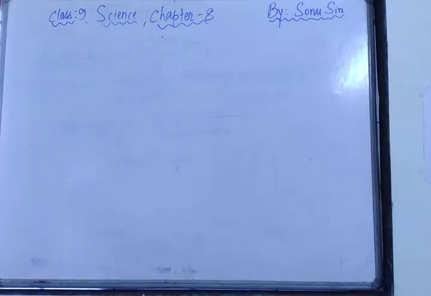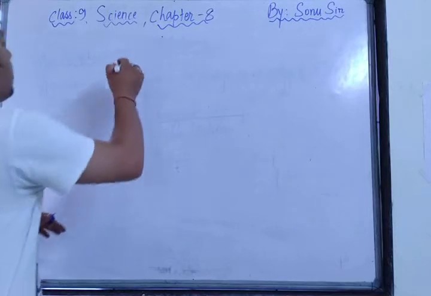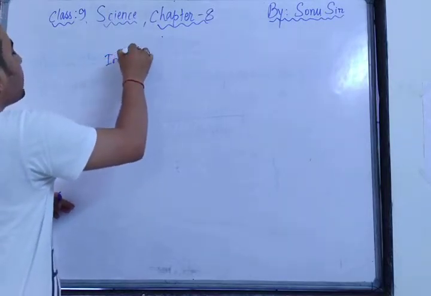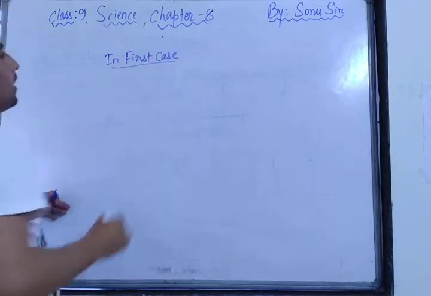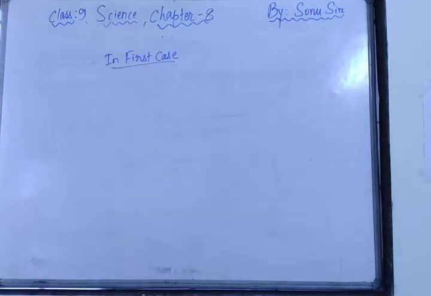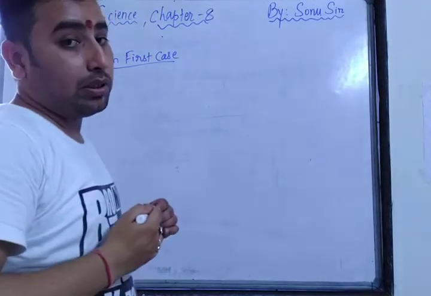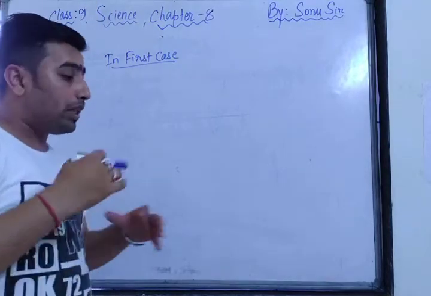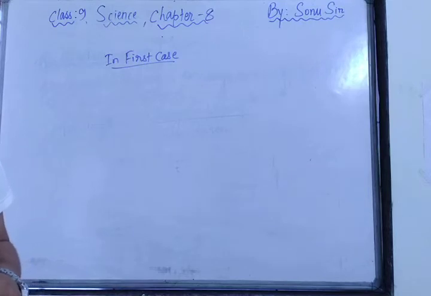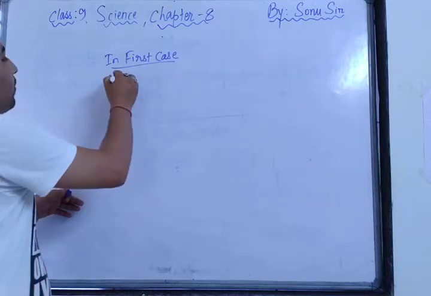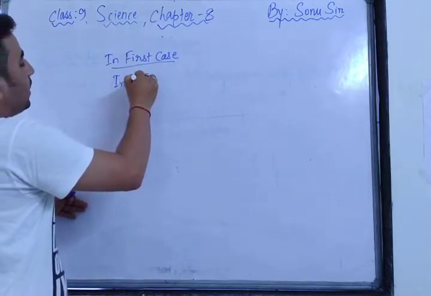First of all, just understand the question. In this question they have informed you about both the speed cases, right? So there are two cases. You have to write first case and second case. In the first case, that boy was trying to reach a speed of 6 meter per second, and to reach that speed he requires 30 seconds. So in the first case, initial velocity.